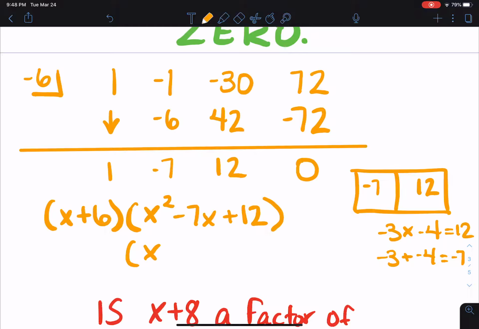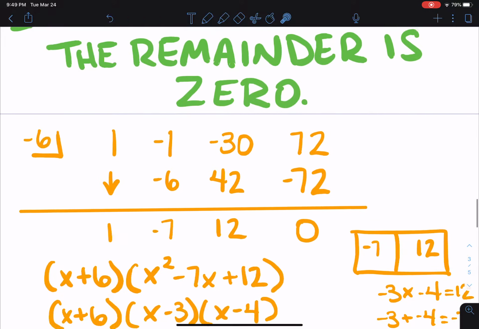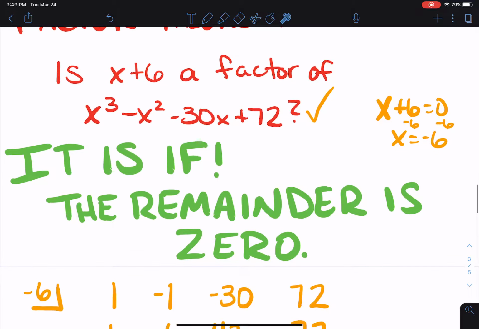So I can write x minus 3 and x minus 4. Oops. Minus 4, right? We have negative 3, negative 4 will give me 12, negative 3 plus negative 4 is negative 7. Okay, so if I wanted to completely factor this, I could also factor using this synthetic division. Okay, so here is my final factored form, and we can say that x plus 6 is indeed a factor